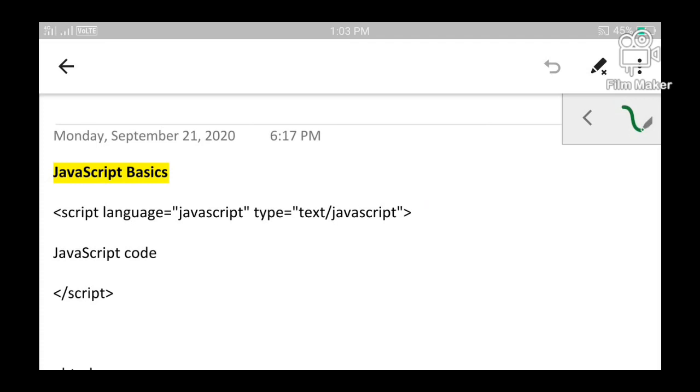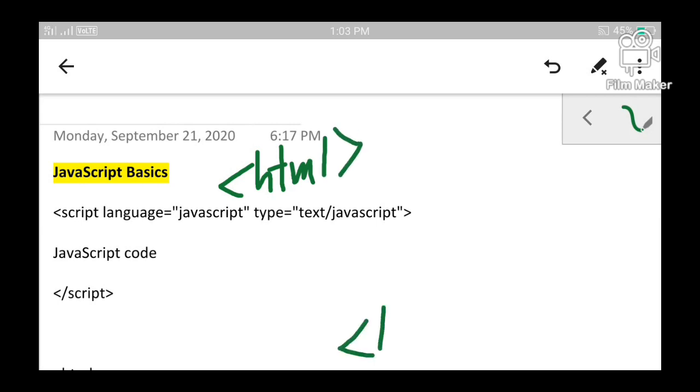Now we all know that JavaScript is a scripting language, and its statements should be included within an HTML document. An HTML document begins with an <html> tag and ends with a </html> tag.